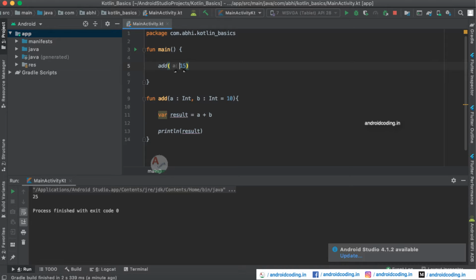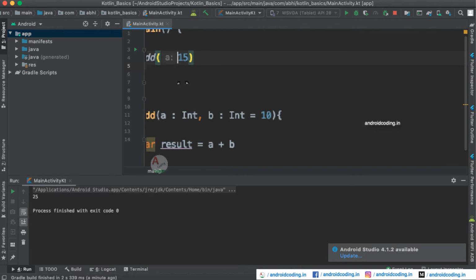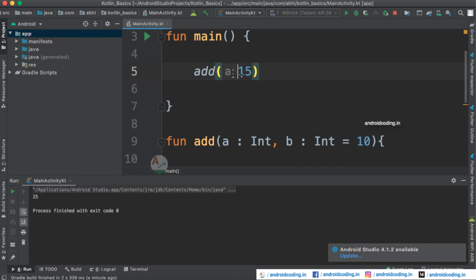So here you can see a and colon, right? I'm just zooming a little bit so that you can see a and colon. We have not typed it here, but it is displaying by default because it is considering the value 15 to be for the variable a.